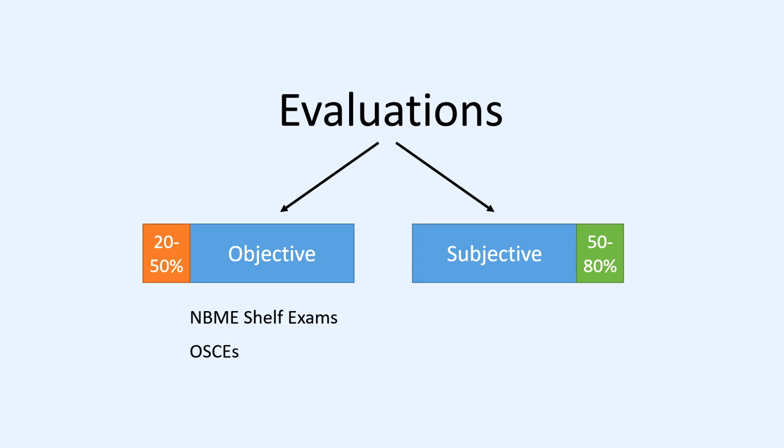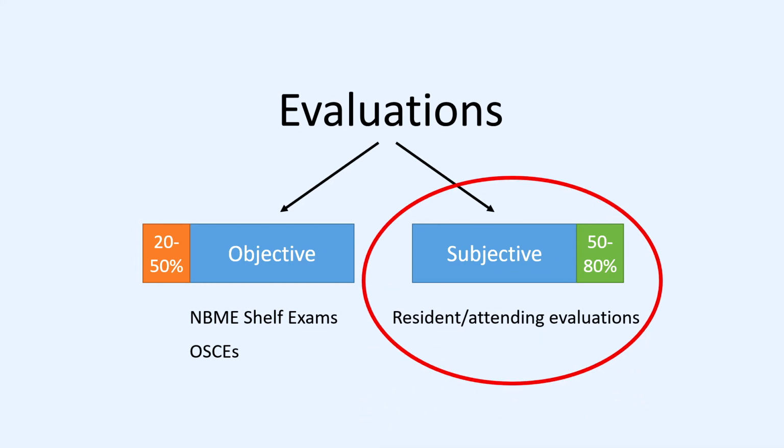Basically, you'll be interacting with standardized patients and completing required tasks in order to get a grade. For your subjective evaluations, these are determined through evaluations from your residents and attendings on the teams that you work with during your rotation. And this is really sort of the toughest part. For most of us during our education, determining success is largely objective with clear goals, and in third year you are thrown into a situation where you don't really know how the hospital works, but are expected to make a good subjective impression on everybody right from the start anyways.